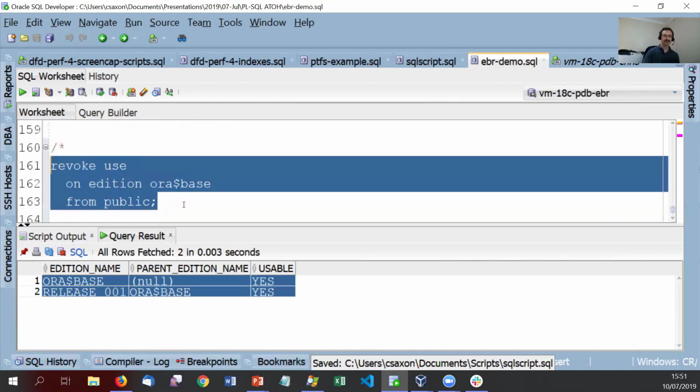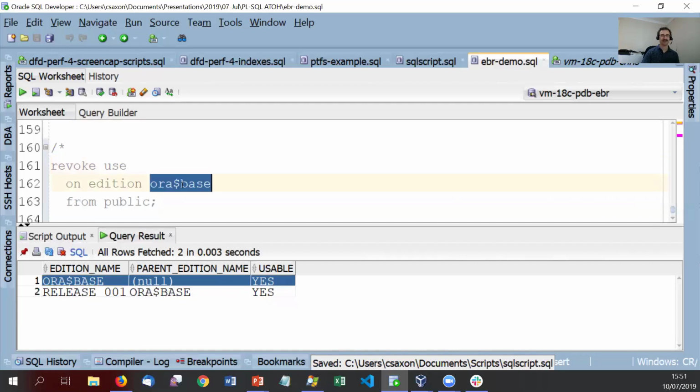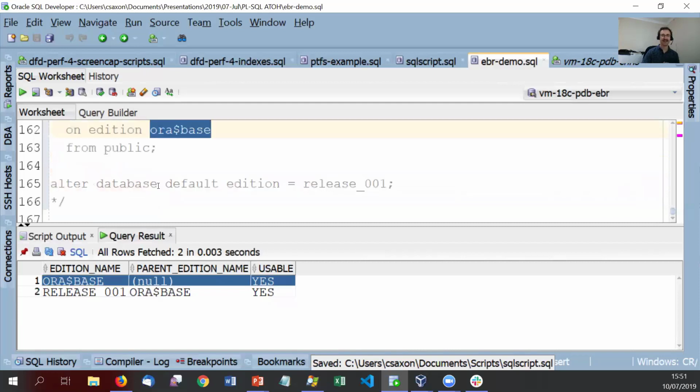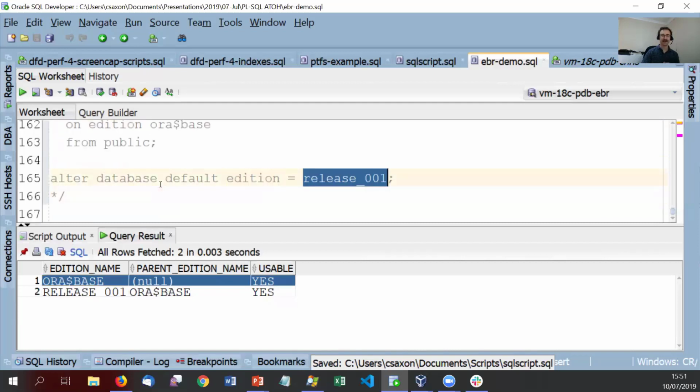So after finishing the release, we're in release 1, we're happy that's fine. We've now deprecated our base, that's done with. We want to revoke access from it to make sure nobody accidentally connects to it and set the default edition for the database to the current release. So if nobody specifies the edition in some other way, we are connected to that. Okay. So yes, good point. Managing schema changes with EBR is certainly worthy of a session in its own right. All right then,